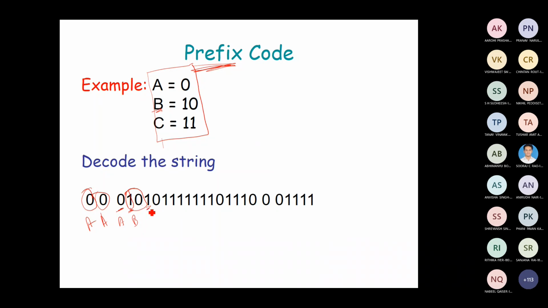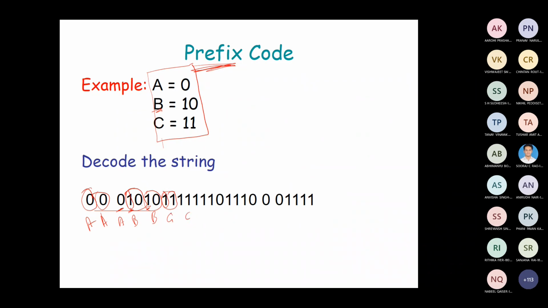And again, I am going to read the first bit. I am not able to make a decision, so I am going to make use of one more bit, that is 1 0. I look in my table, and 1 0 corresponds to B. I'll decode this as B. And again, I read 1 and cannot make a decision, so I read one more bit, so it becomes 1 1. I'll look for the code 1 1 in my table. 1 1 corresponds to C, so this is decoded as C.